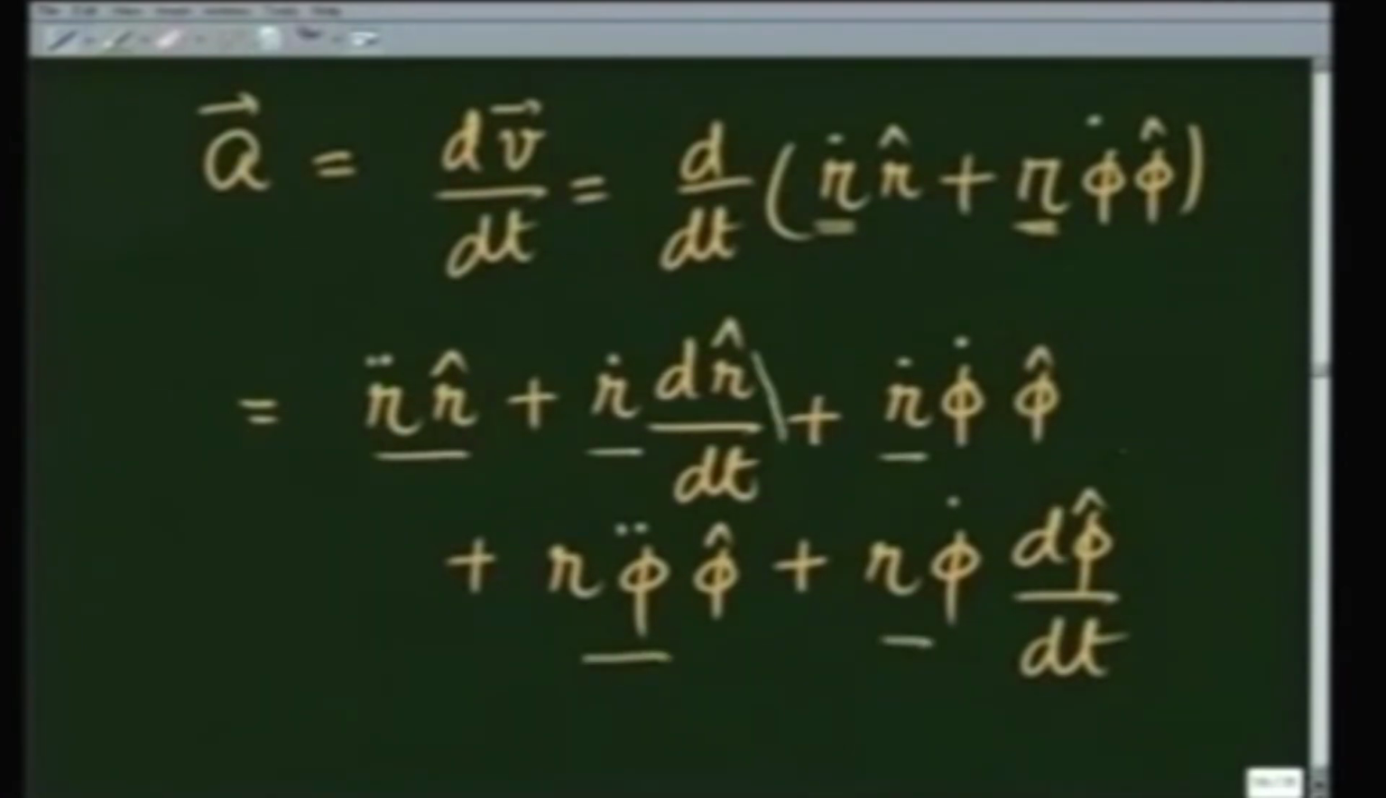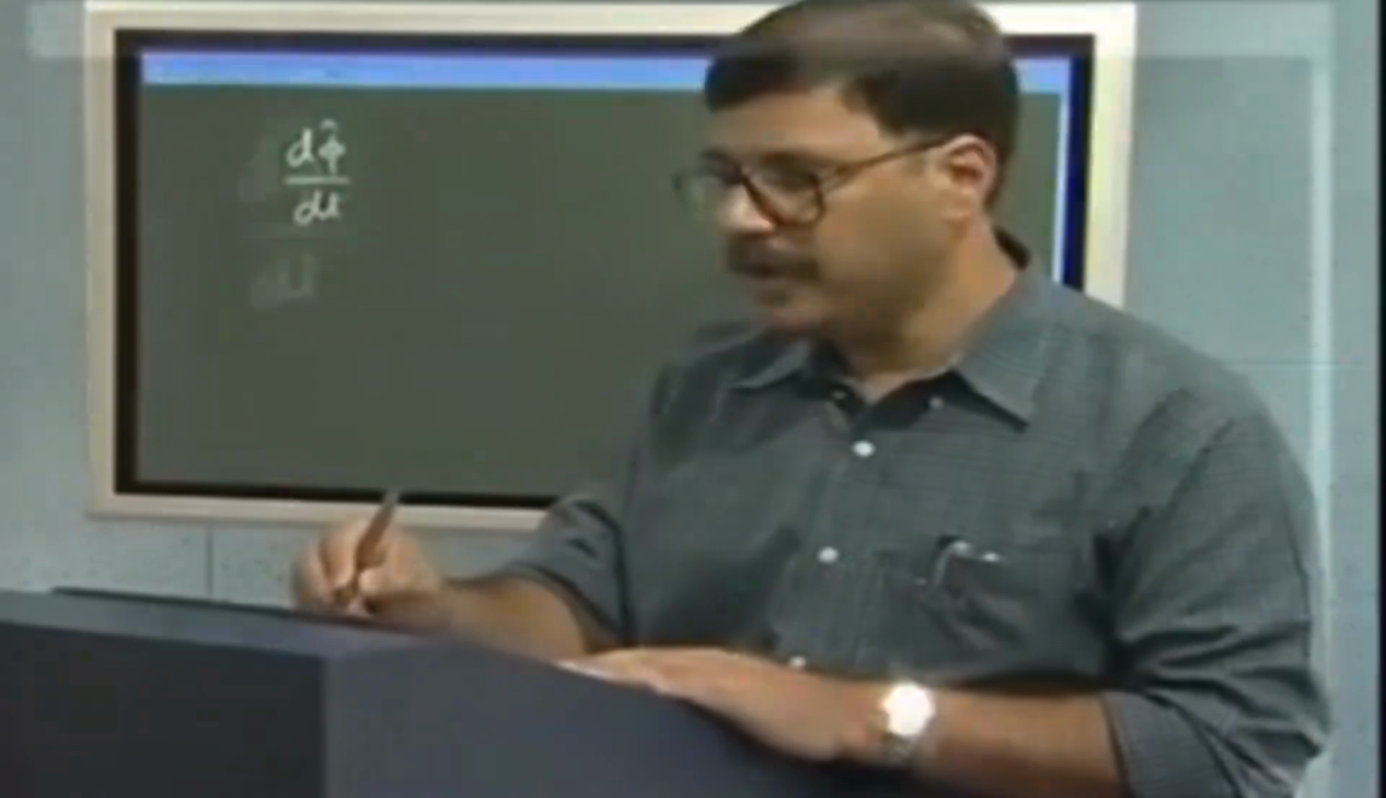dr/dt I have already calculated. The new term now is d phi/dt, and this is what I am going to calculate next. Collect all the terms and see what the expression for acceleration looks like. To get d phi/dt, I will first again look at it geometrically and then derive it from the definition. If you look at it geometrically,